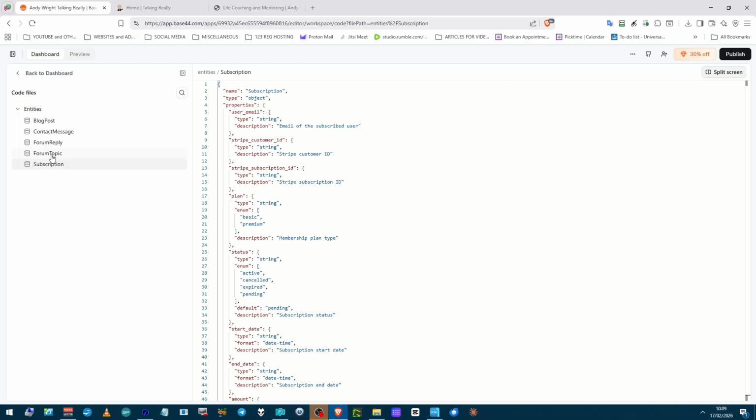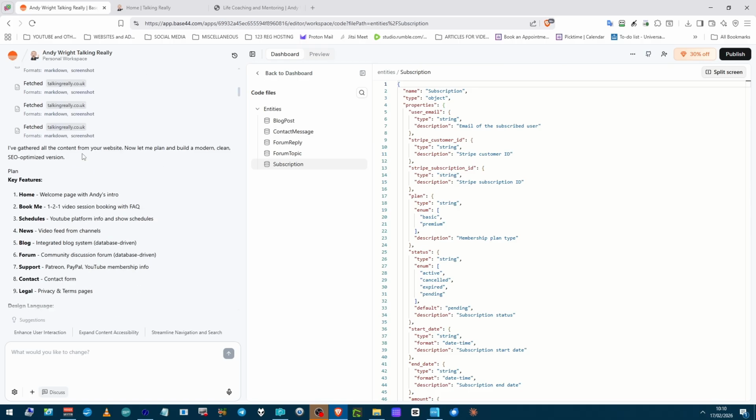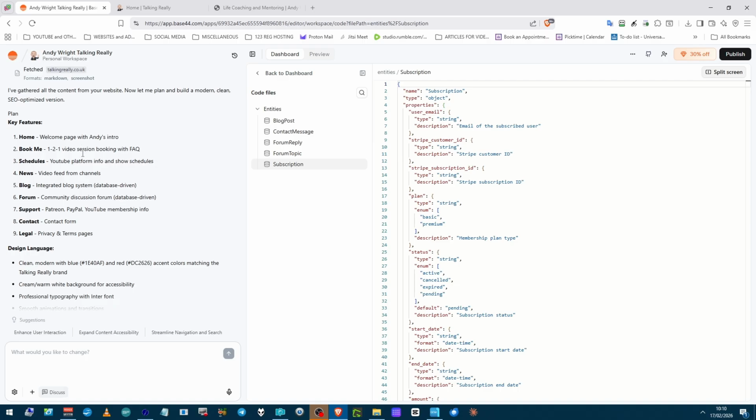I asked originally for a membership area, so that could well be the result of that. Right at the very top, can you duplicate my website and improve SEO, reduce bloat? And it came back with an analysis and started to do the job, and it came up with a plan.